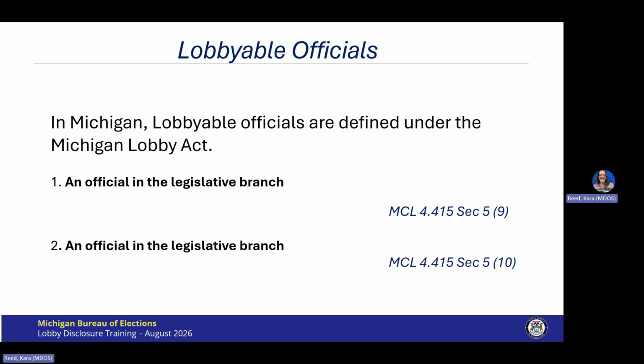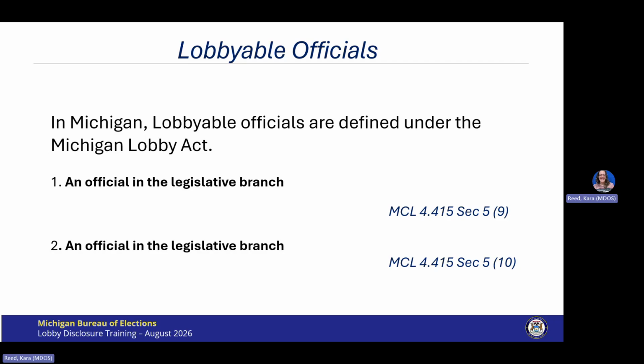Now that you understand lobbying, let's go over who is lobbied. The officials considered lobbyable include state-level officials who may exercise personal discretion when making a decision regarding legislative or administrative actions.